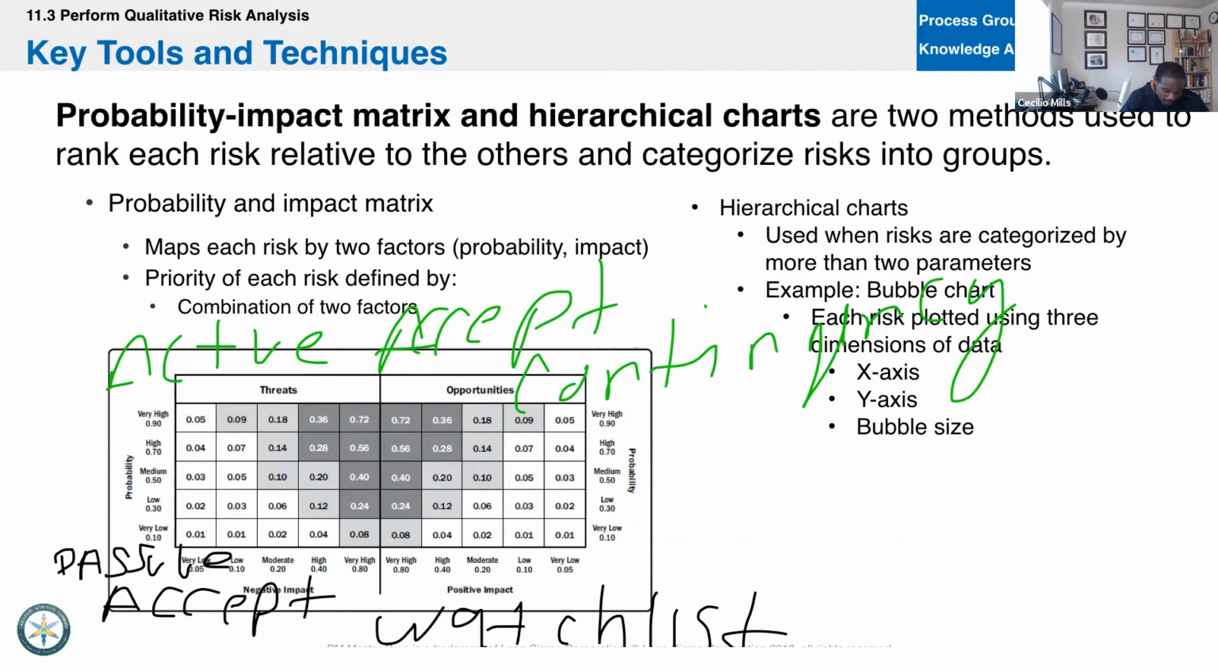And then these risks that we see here, right? These are the highest level of threats. We mitigate those threats, right? That's what we do with these threats here. We mitigate these threats. We take some action or activity to minimize the probability and or the impact. Right? So,